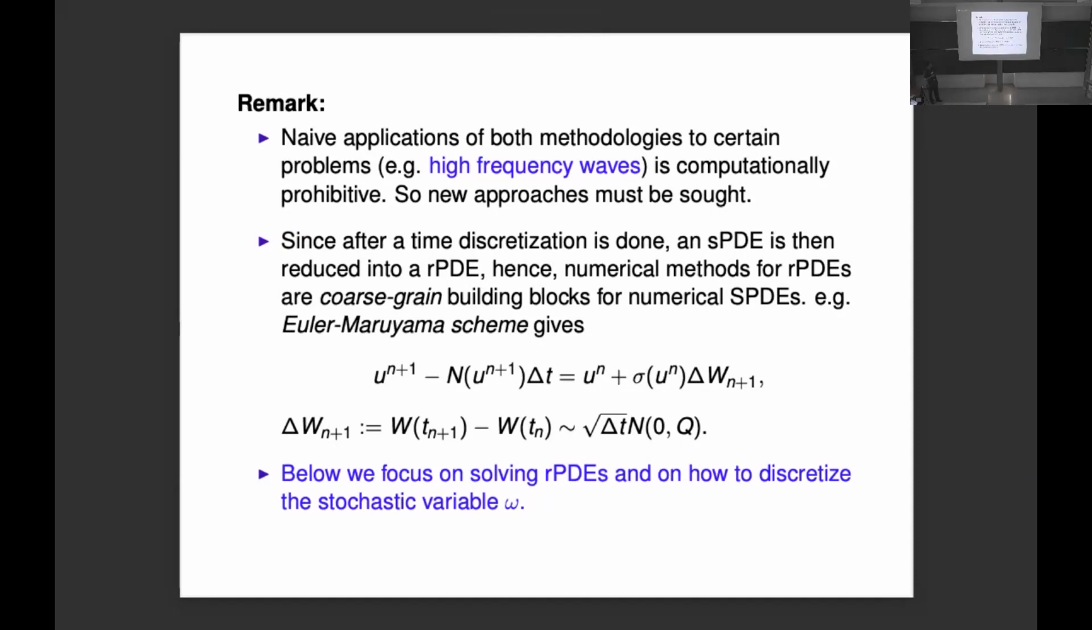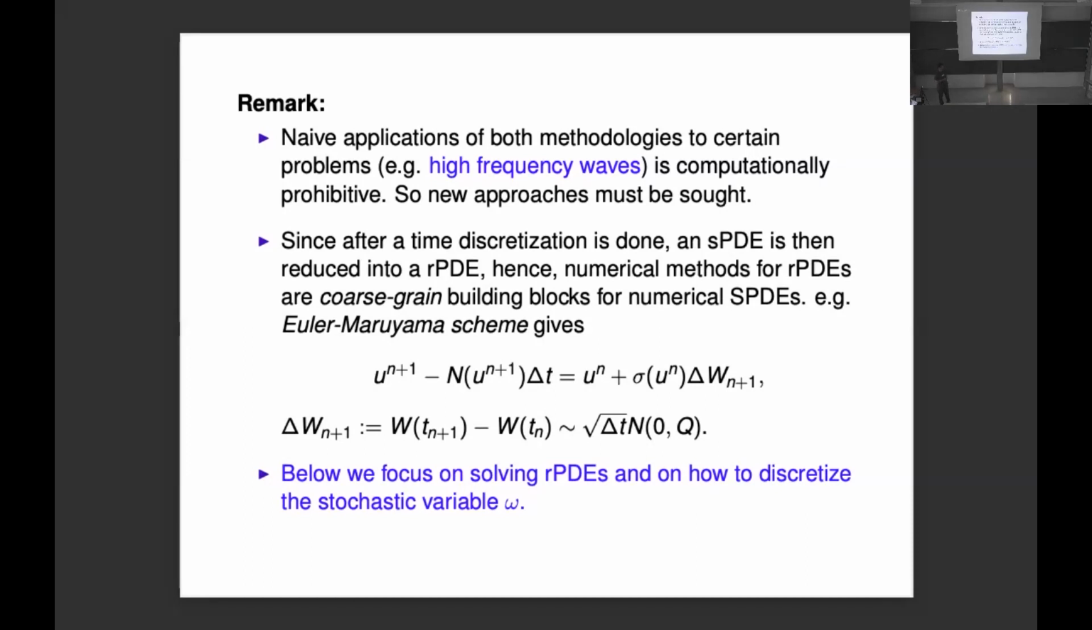So actually, I already said it here earlier. For the high frequency waves, if you do the standard way, it doesn't work well, and there are counterexamples that don't work well. And for the stochastic PDEs, if you discretize in time, for example, using the simplest method called the Euler-Maruyama method,